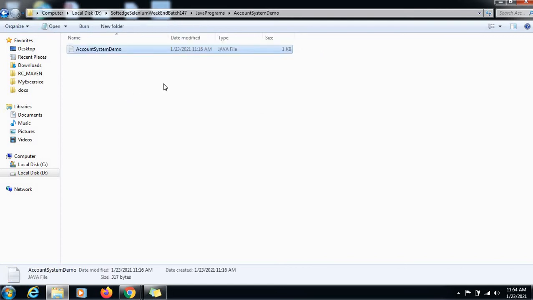Now this arrangement you get when you create a project in Eclipse and create the package folder, where the Java files or source files get stored in the package folders only. Or when you create the project from Maven, which we will discuss in our further sessions, you also get this arrangement. But now we need to have the same arrangement when we are using neither any IDE nor any Maven, right?